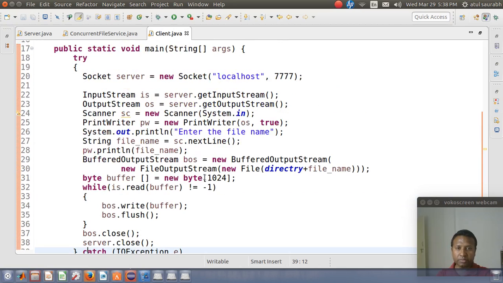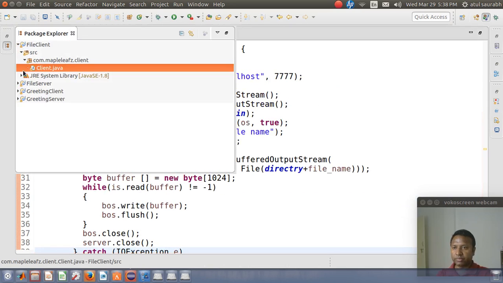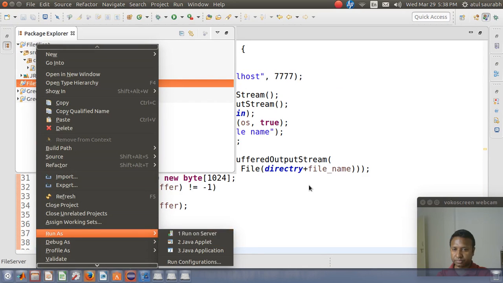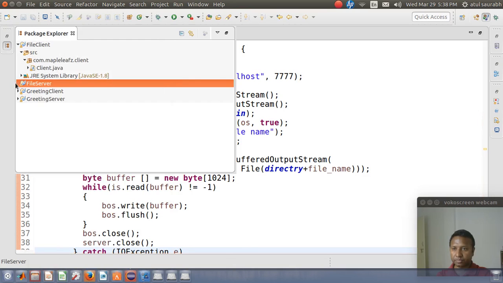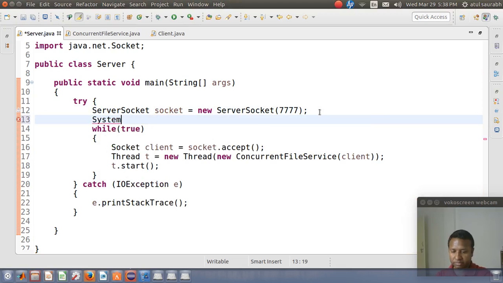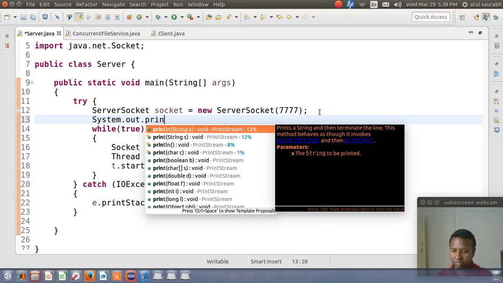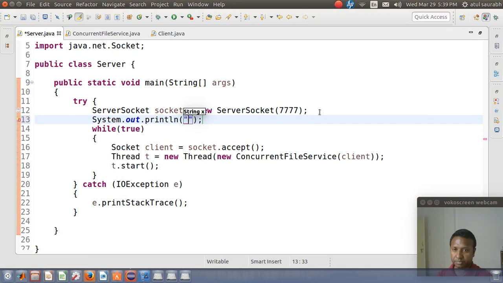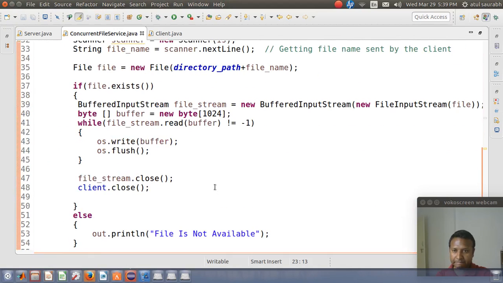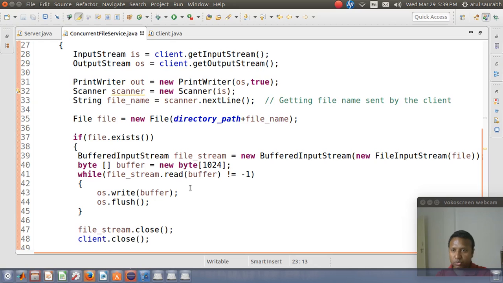Hope everything will work. So let's run the server first. So here is the server. I want to print one more message in the server, System.out, Server is ready.